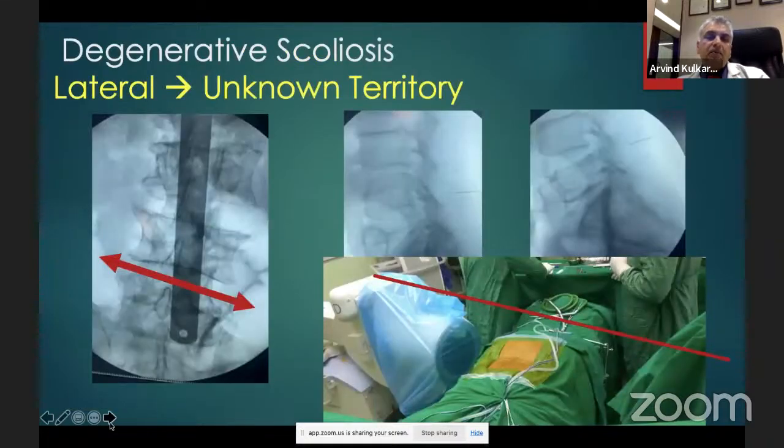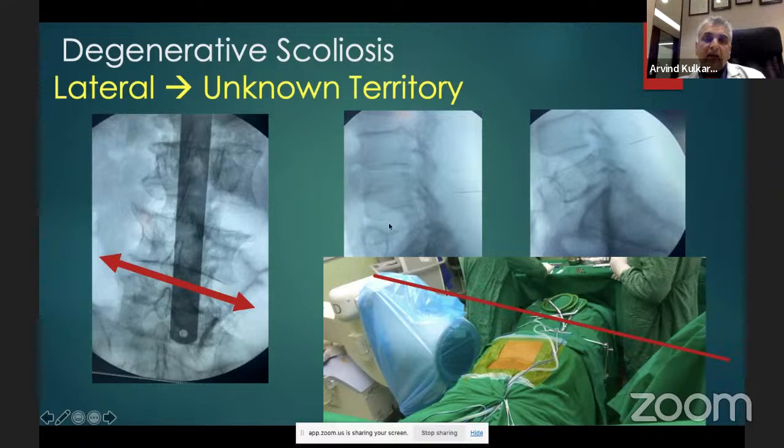Again, the beam should be perpendicular to the lateral image that you take. It should be perpendicular to the spine, not perpendicular to the table. So if you have a degenerative scoliosis patient and you are planning to do a TLIF or a decompression procedure,